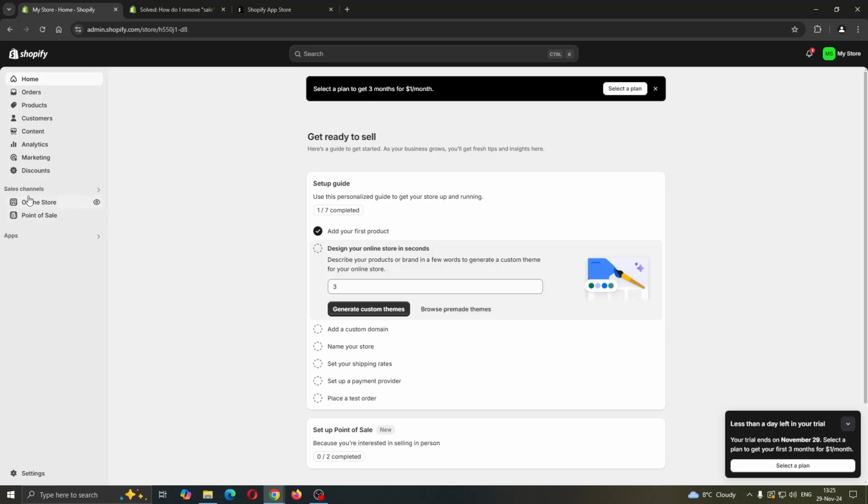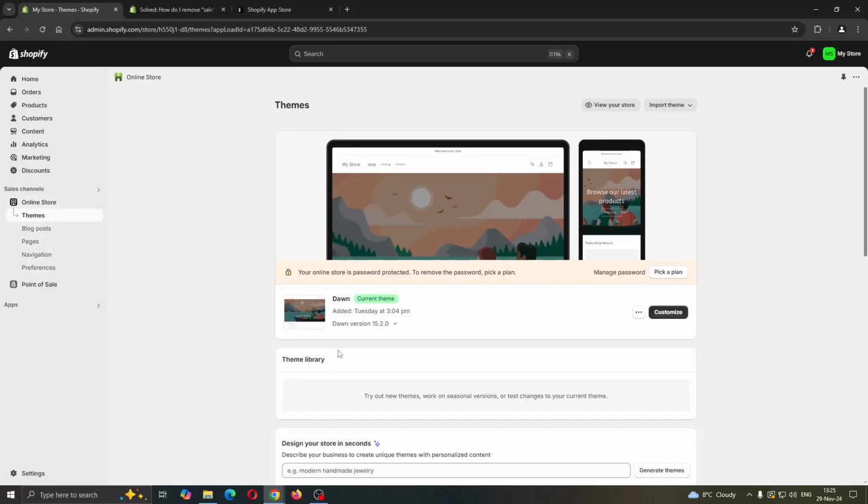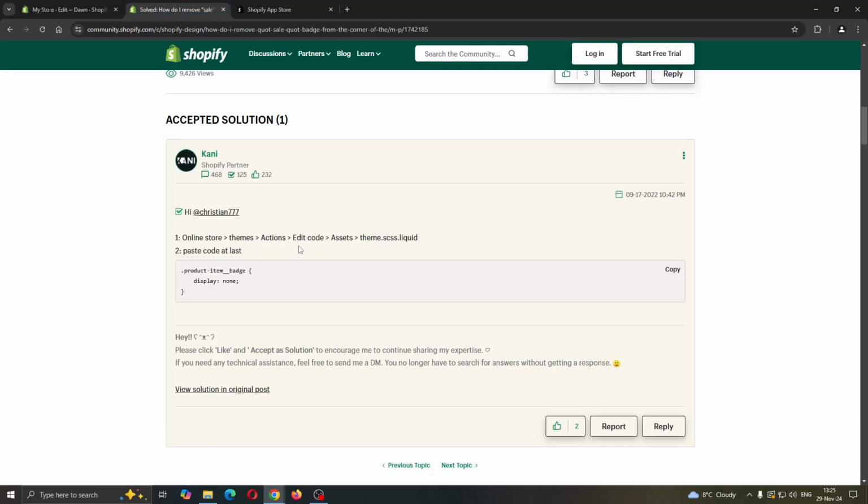So we're going to go ahead right here, on the left side of the screen, find the sales channels and click online store. This is automatically going to open up this themes section, where as you can see next to our theme we have the three dots. The three dots are going to open up this drop down menu, where we can find the edit code option. So click on edit code, and as you can see guys, after clicking edit code, now